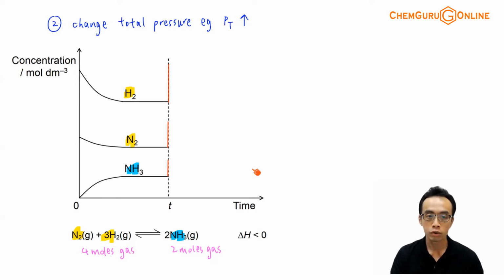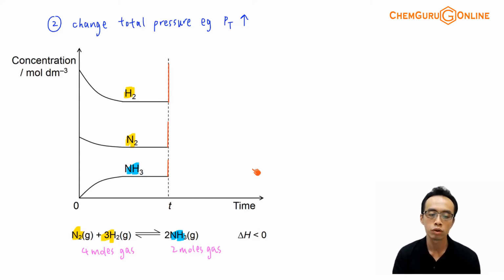And this is when you are squeezing the container smaller, decreasing the volume of the container, so the total pressure increases, and the partial pressure for all my gases in the system will increase. And the next thing is to consider what will happen to the position of the equilibrium. Now remember, the system doesn't like this increase in the total pressure, so it will try to lower the pressure, and it will do that by favoring the reaction that will form fewer moles of